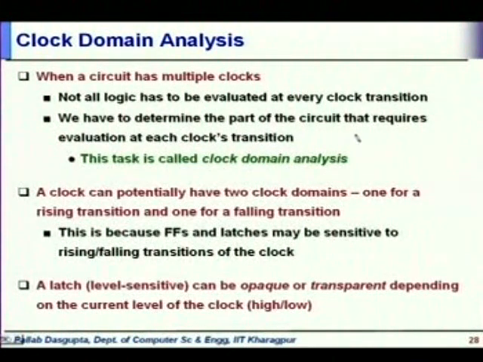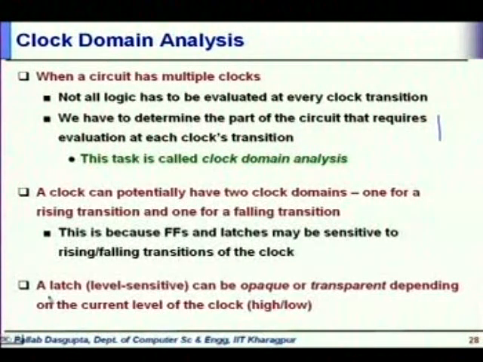We have to determine the part of the circuit that requires evaluation at each clock transition, and this task is called clock domain analysis. So, in simple terms, a clock can potentially have two clock domains, one for a rising transition and one for a falling transition. This is because flip flops and latches may be sensitive to rising or falling transitions of the clock, right. Now, the tricky part in all this